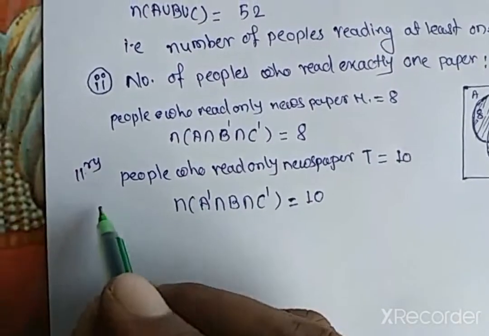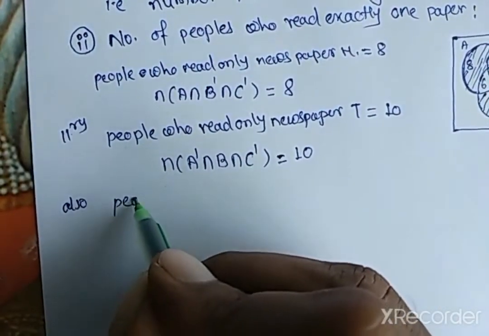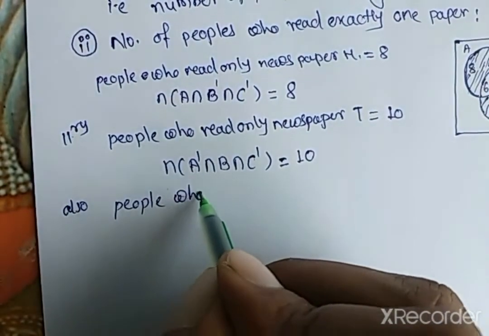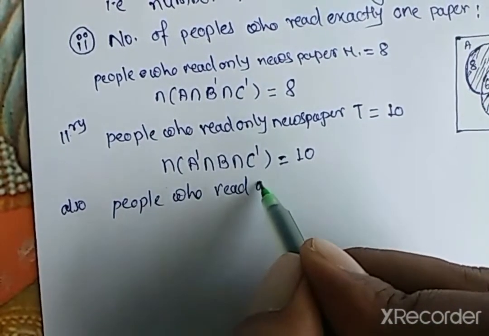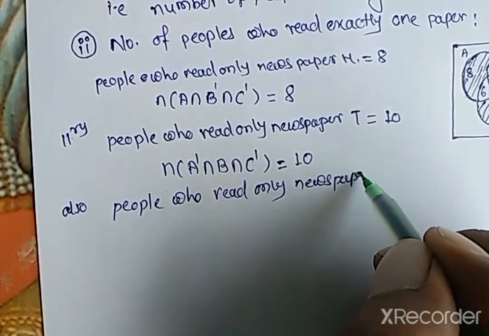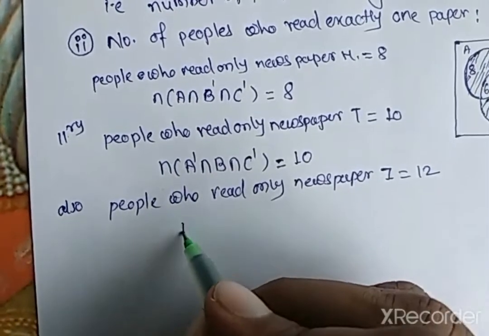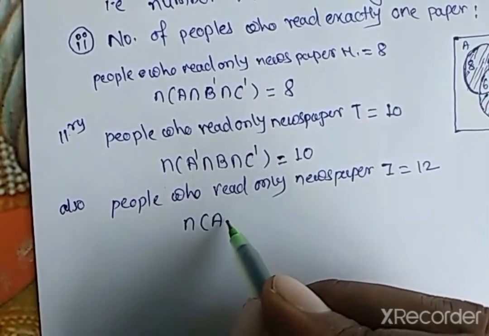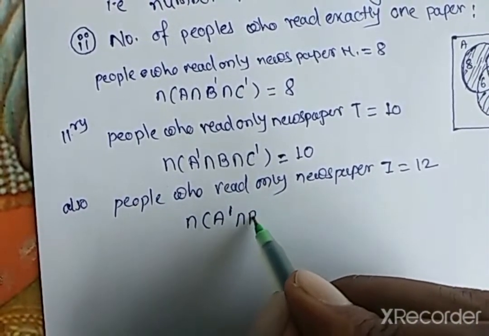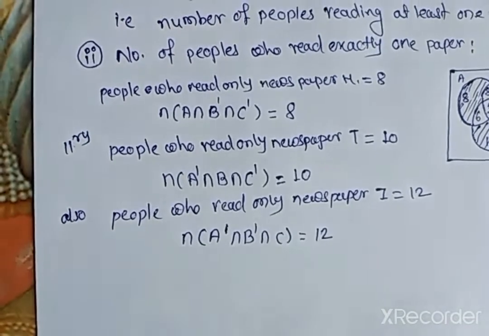So also people who read only newspaper I is equal to 12, which is n of A complement intersection B complement intersection C, equal to 12. Okay, so